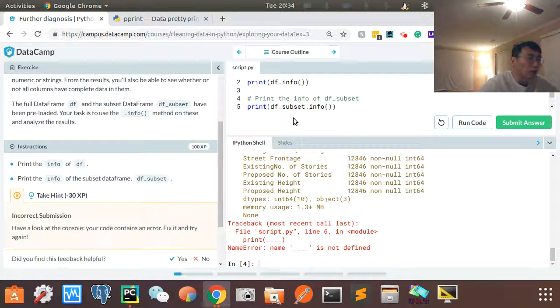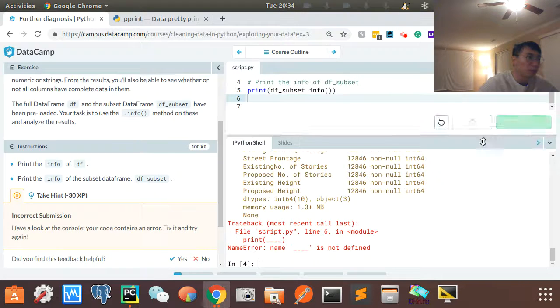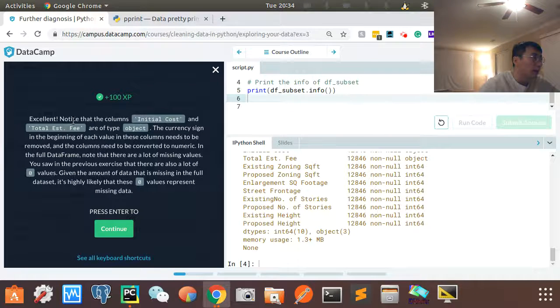Why doesn't it like it? It's not defined. What is not defined? There's a third thing. Oh, here. Let's get rid of this and submit. Bang, right? Excellent. Notice that column initial cost of fees is of type object, the currency sign in the beginning